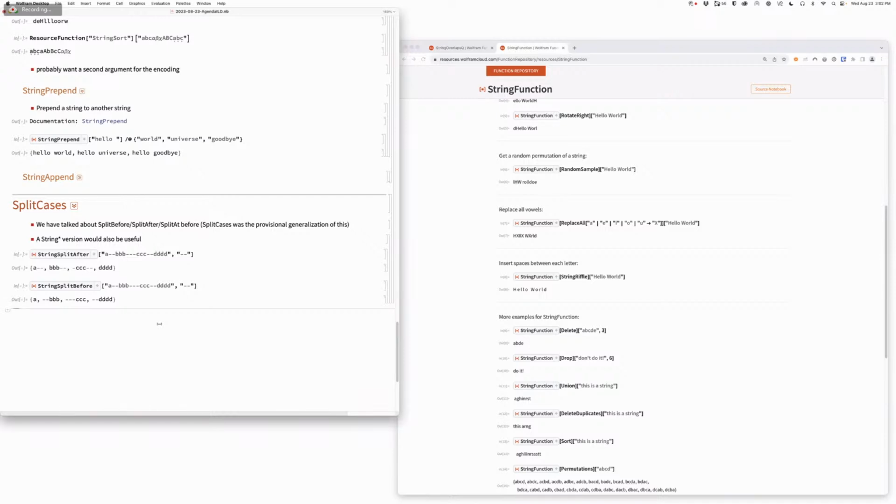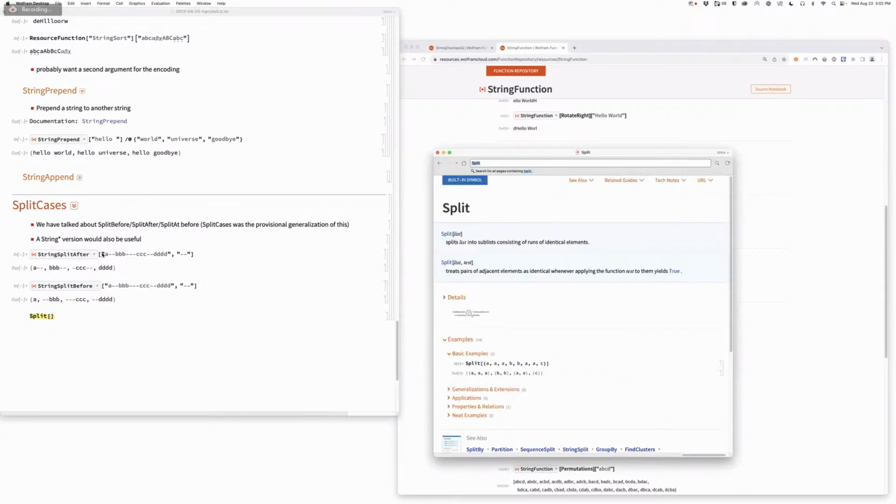Okay. So what do you mean? How does that work? I mean, basically, with a split before, we are looking at a specific pattern, and then we are segmenting the list, or in this case, the string before. So in other words, what you're saying is that if split, for example, this ordinary string split,